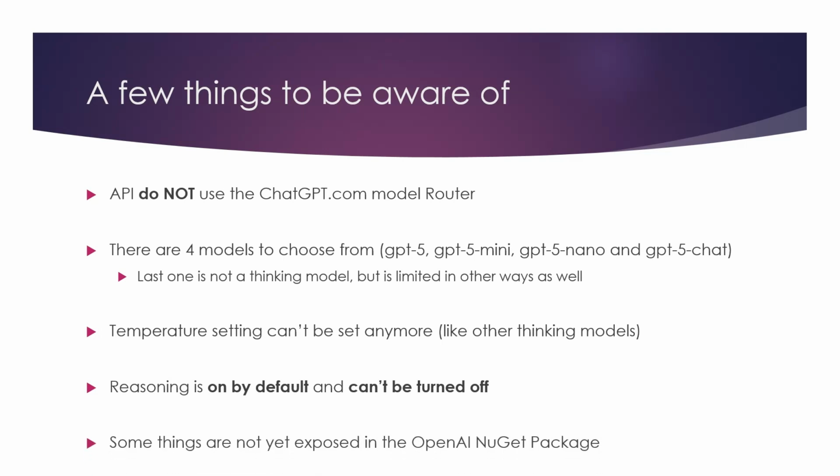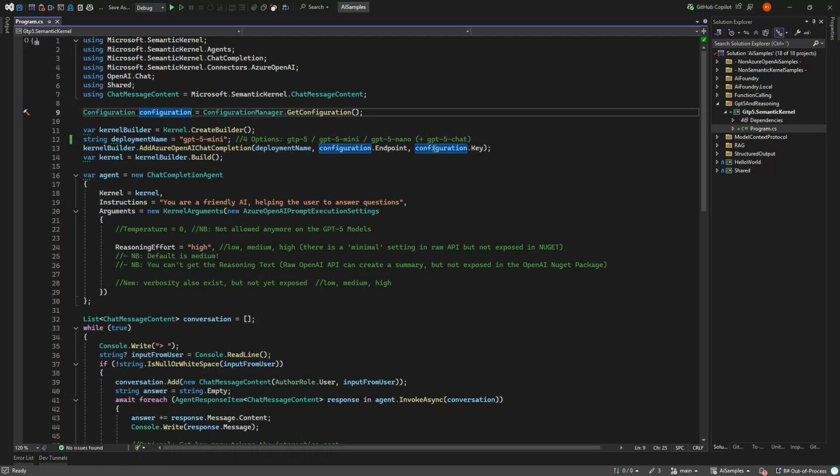Final thing, there are a lot of things that are not exposed in Semantic Kernel, and it's not really their fault, because the underlying OpenAI NuGet package has not exposed these at all. So I will talk about them, but I won't be able to show them until they're actually supported by the OpenAI NuGet package. Based on history, that package is often quite far behind in capabilities, but that's the way it is. And they are not too important features. But let's go into some code.